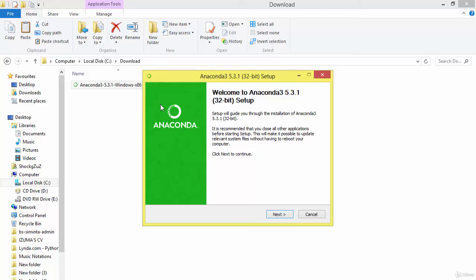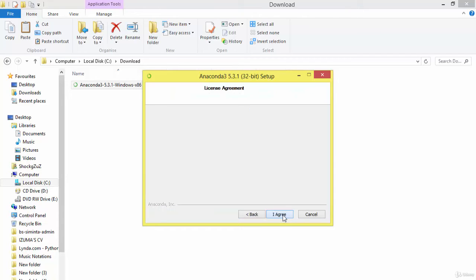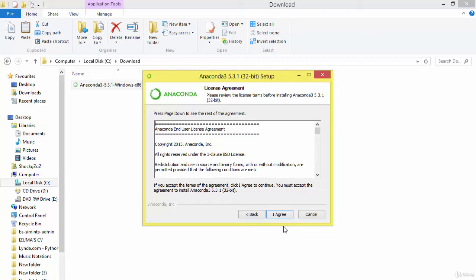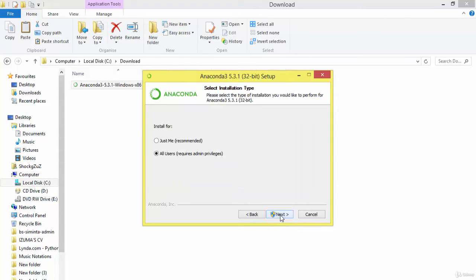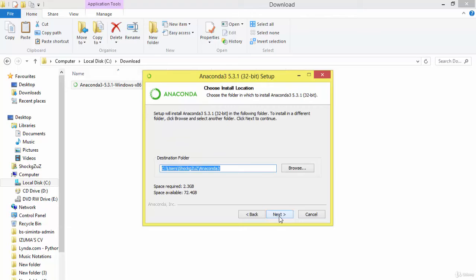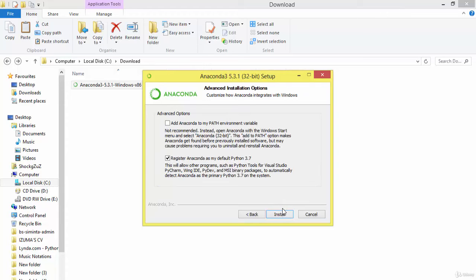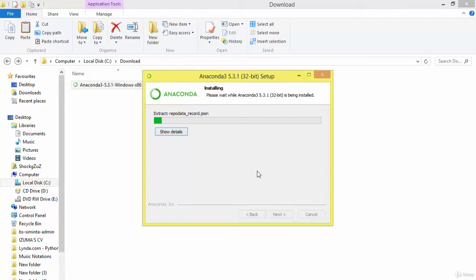On the dialog box, you just need to hit on the Next button. Next, you need to accept the Anaconda user license. And then you will say Install just for me or all users. I will check just for me and hit Next. And here it is going to ask you for the location you would want to install the Anaconda. For now, I'm going to leave it as default and hit on the Next button, then Install to begin the installation process. The installation process is going to take quite some time, so I will pause the video now.